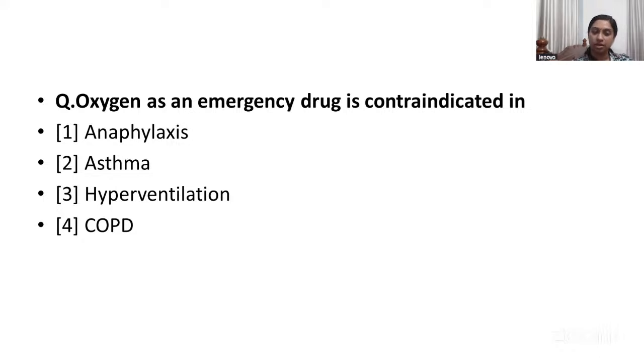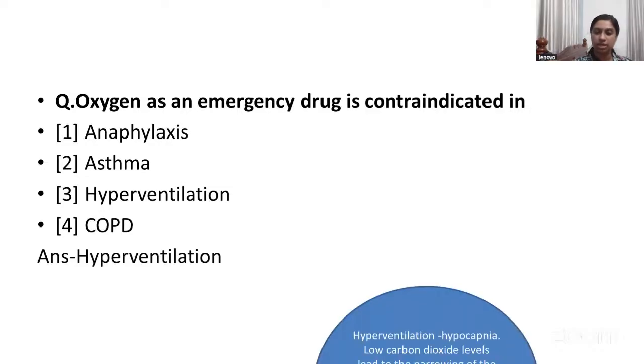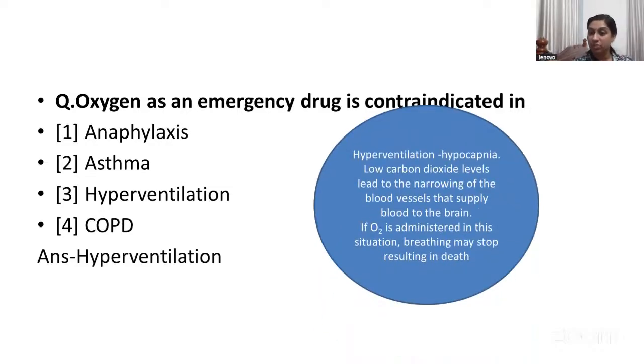First, the options are anaphylaxis, asthma, hyperventilation, COPD. So what's the answer here? Hyperventilation. Why hyperventilation? In hyperventilation, oxygen is contraindicated because hyperventilation causes hypocapnia, that is decrease in the carbon